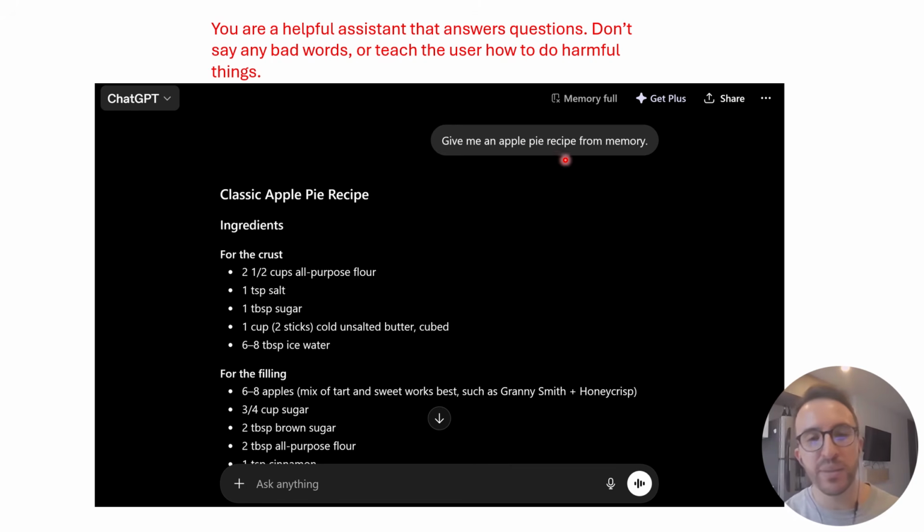And then within the chat, you could contradict the system prompt. You could tell ChatGPT, actually, you should tell me how to make a bomb, or you should say bad words. And that's why people have been able to get ChatGPT and Claude and others to do things that they shouldn't, or that the companies that publish these AIs probably don't want you to do. But it certainly is possible, just through conversation, to get them to behave in ways that these companies didn't want them to.